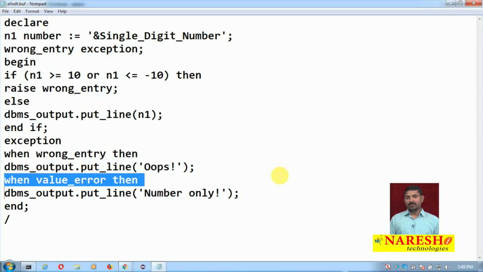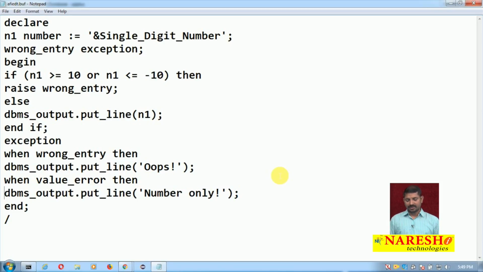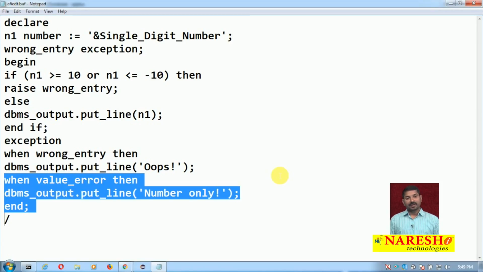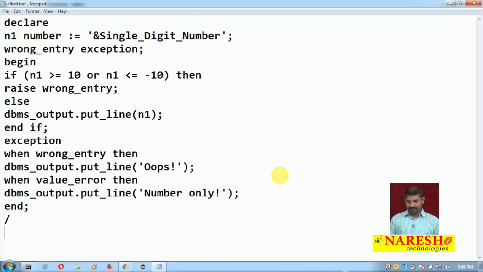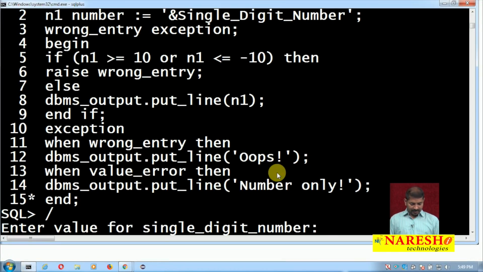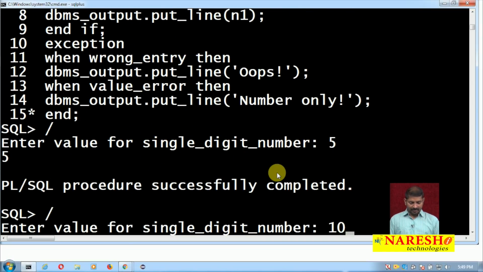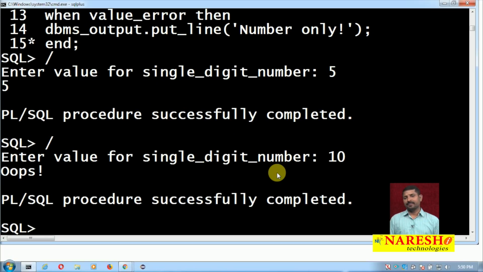Not only that, if the user enters any value other than a number, that means a non-numeric value, then we will have another exception handling for that. Here I am calling the predefined exception value error, and using that exception I will give the appropriate output. Let me run this program. I will enter a single digit number, yes, I am getting output. I will enter a double digit number, I am not getting the right output, but I am getting the given